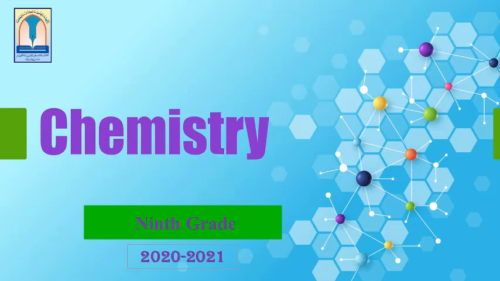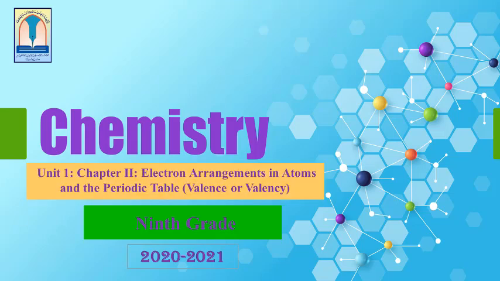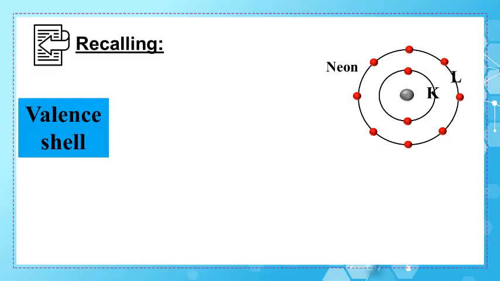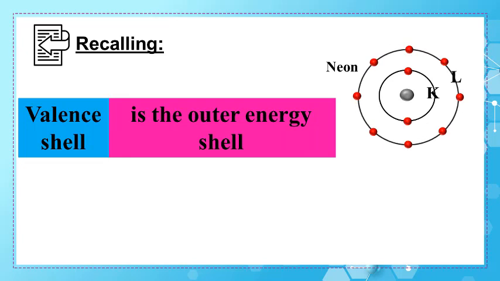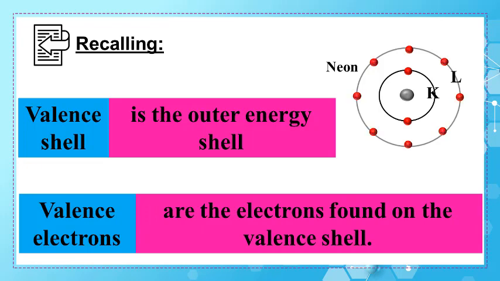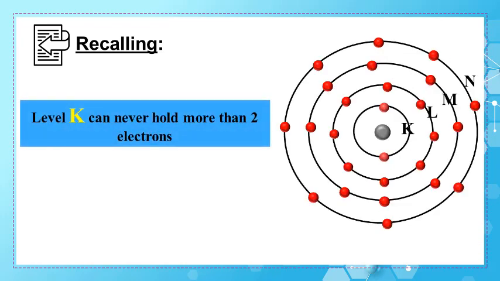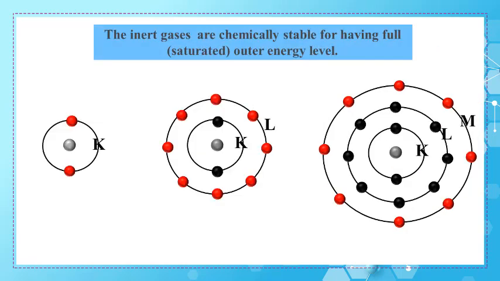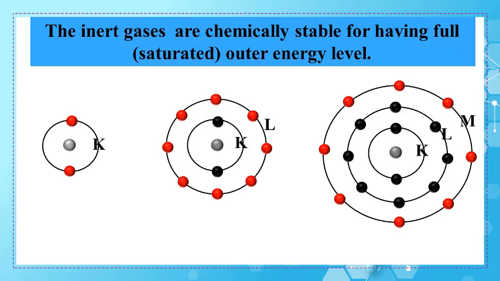Hello ninth graders. In this video, we'll identify the valence or valency of an element. Recall that the valence shell is the outer energy shell, and the valence electrons are the electrons found on the valence shell. And level K can never hold more than 2 electrons, while levels L, M, and N can hold 8 electrons each. And inert gases are chemically stable for having full or saturated outer energy level, where helium has